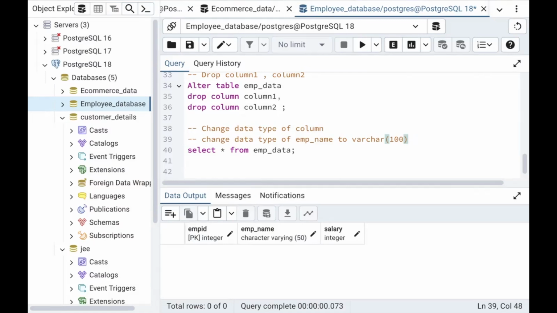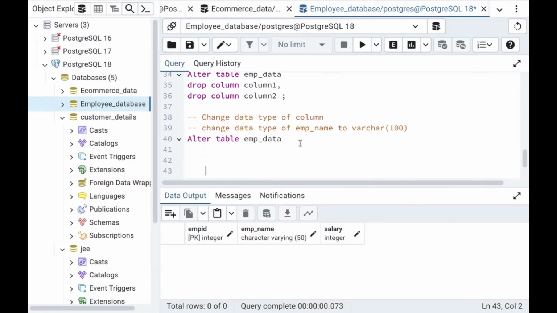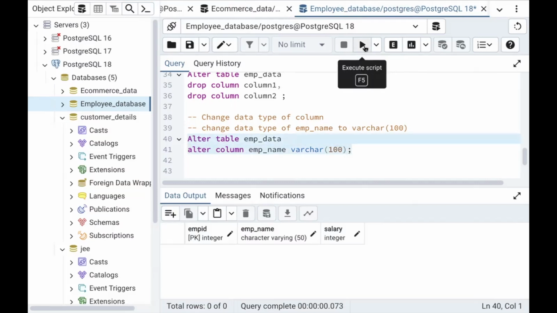Same, you just have to use ALTER COLUMN in order to change the data type of a specific column. Just call ALTER TABLE. So let me start typing here. Let's say ALTER TABLE. The table name is employee data, right? Employee data. And then, since we are altering the data type of a column, it's ALTER COLUMN. You just need to mention your column name, which is employee name, and change the data type to varchar of 100. It was actually 15, so now I'm just changing it to varchar of 100. That's it.